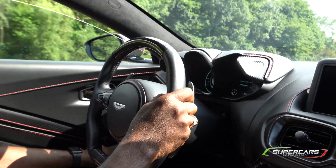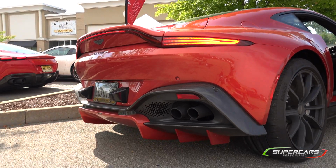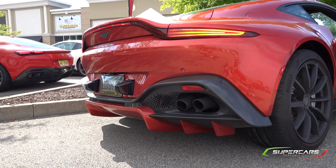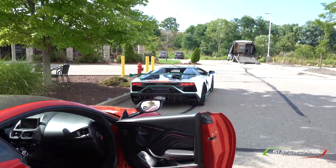All right, guys, so we literally just jumped out of the Ferrari Roma, and we're in an Aston Martin. This is the V12 Vantage. I had to think about that for a minute. And again, another front mid-engine Grand Tourer, this time from Aston Martin as opposed to Ferrari. And I have to tell you, oh my God, this sounds so good. The Ferrari sounds great too, but to be honest,